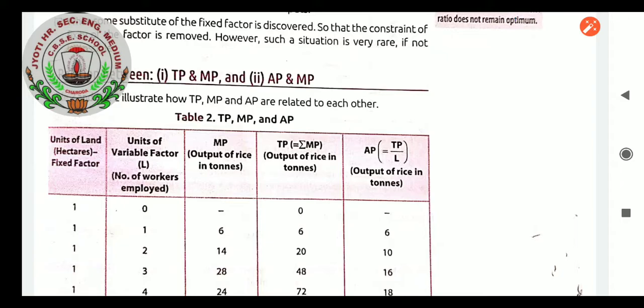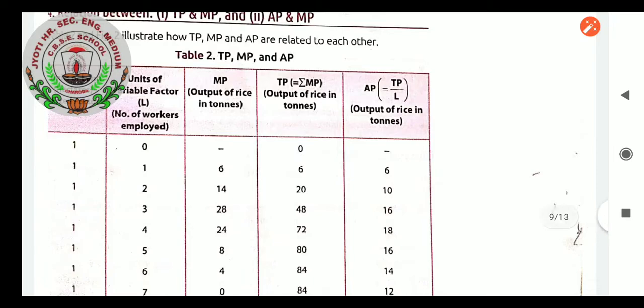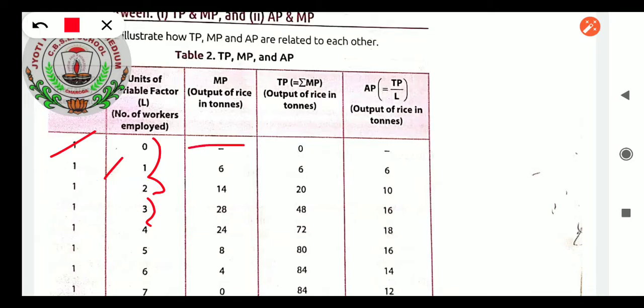Marginal product and total product, I will now show how to calculate them. AP, you have learned the formula, you can get it. If MP is there, you can calculate the total product. For example, I will help you once again. The fixed factor is common, while the variable factor labor is increasing 0, 1, 2, one unit at a time, so the production capacity has to be increased. So MP, what you are seeing there, the output of rice, first it is 0, then 6, 14, 20, calculated with the variable and fixed factors.